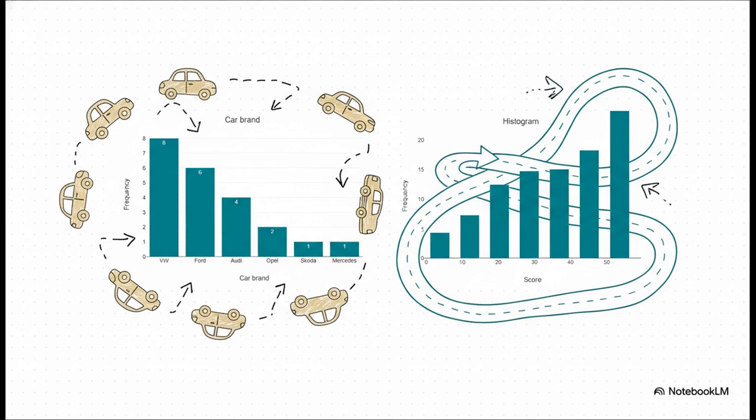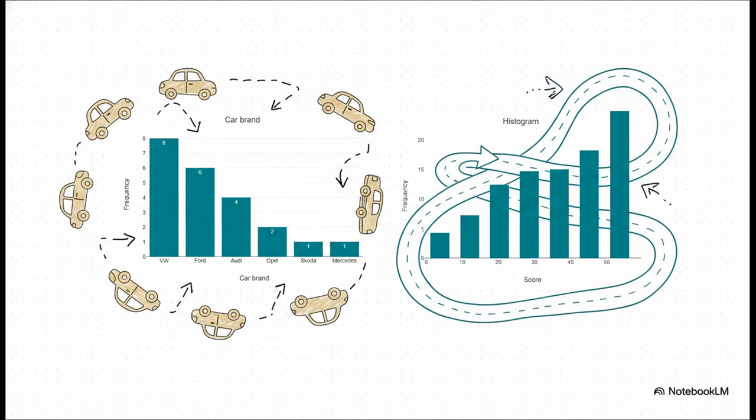Look at them side by side. The bar chart on the left, you see those clear gaps between the car brands? They're distinct categories. The histogram on the right? No gaps. The bars flow right into each other, representing a continuous range of scores. That tiny visual detail, gaps or no gaps, tells you everything you need to know about the kind of data